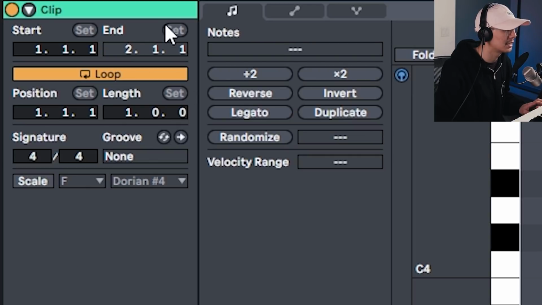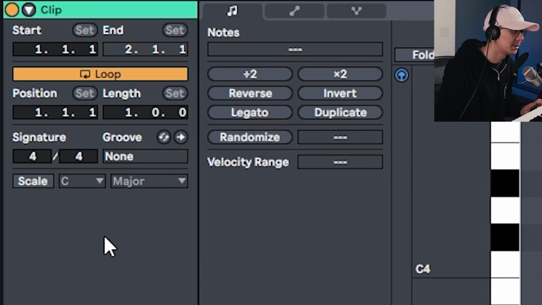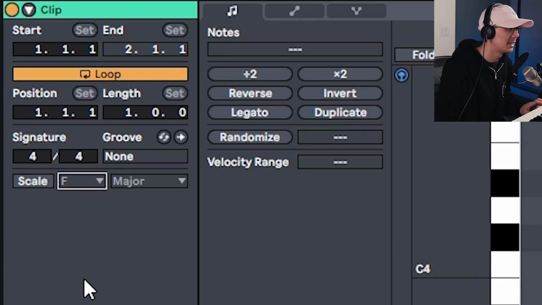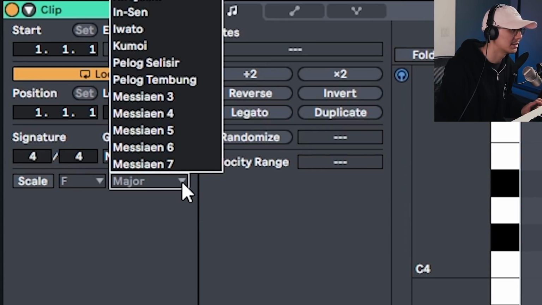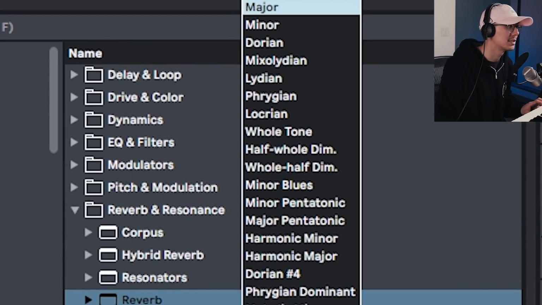Now notice under the clip parameters here, there is now a scale button. So the way this works is you first need to specify the key to write in. So you do need a minimal understanding of music to use this. And I'm going to use the key of F, and then next to the drop down are all the different scales. So as a reminder, scales are simply a collection of notes that sound well together,